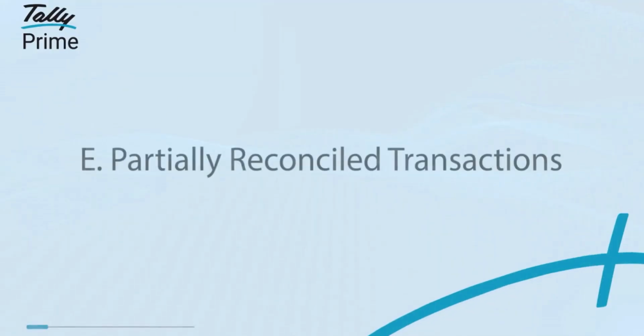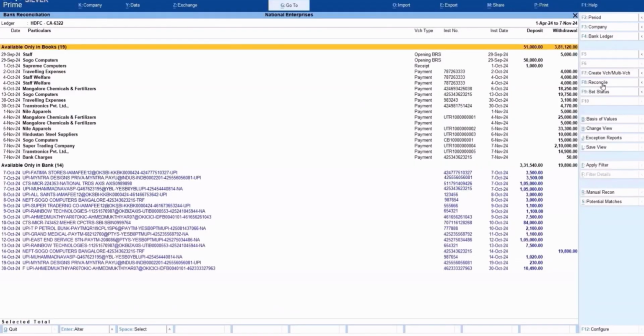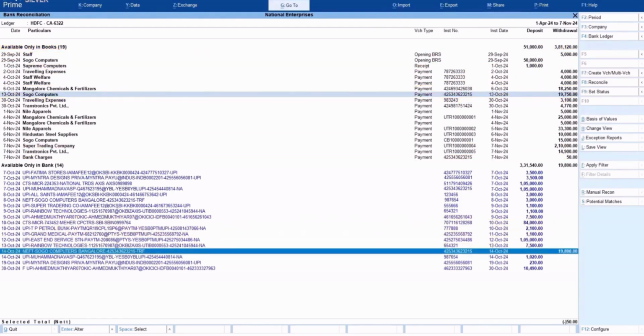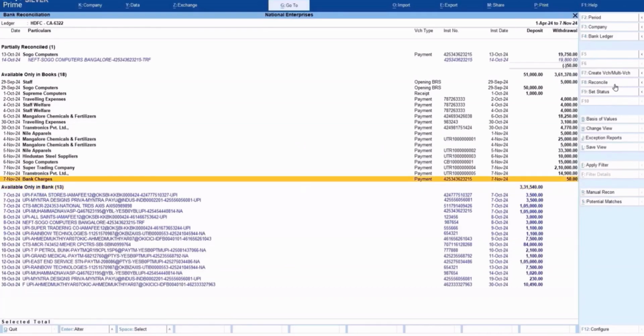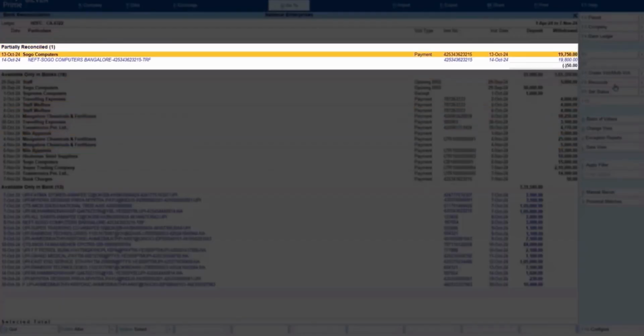You can also easily reconcile your partially reconciled transactions. For a book transaction, the corresponding bank transaction may have a difference in amount due to certain reasons. If you select such transactions and press F8 to reconcile, the transactions appear under partially reconciled header along with the difference in amount.